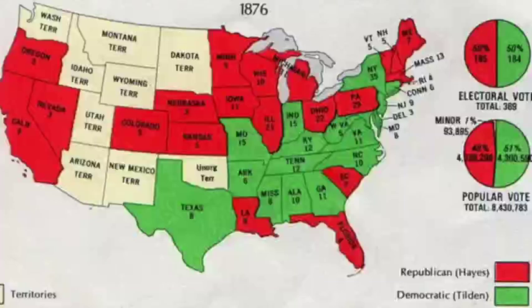So here's a little bit of irony for you folks out there. In 1876, we have African Americans that are voting in the South. They're voting mainly because they're Union occupied, and now we have the 15th Amendment, and they're voting for a guy by the name of Rutherford B. Hayes, who's a Republican. And of course, he's running against the Democrat Samuel Tilden, who was from New York. But at the end of that scenario, Tilden probably wins. He wins the popular vote. He probably wins the electoral vote. But through this kind of backdoor dealing, this compromise occurs where Rutherford B. Hayes takes the presidency and removes those Union troops.